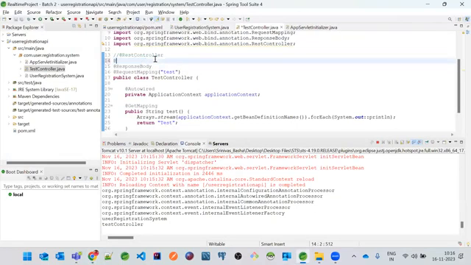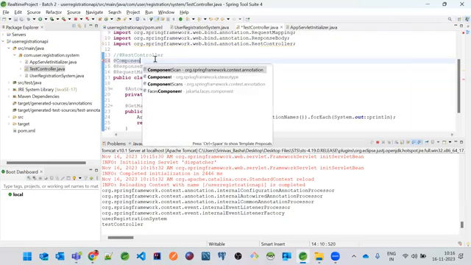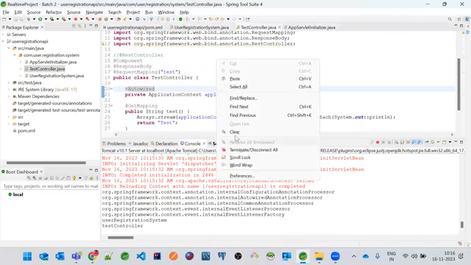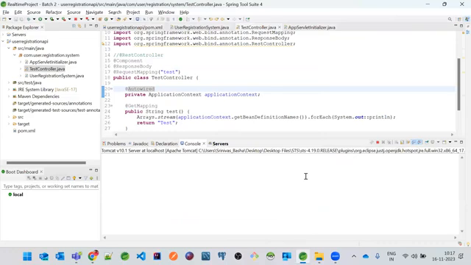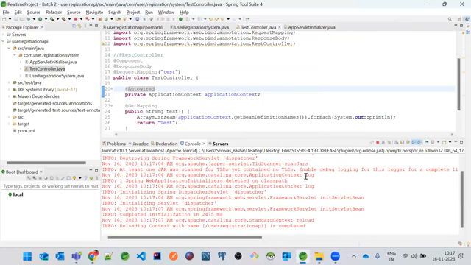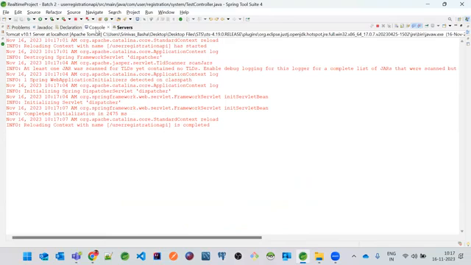Now let's understand, there is an @Component annotation also. Can we use this? Now let's wait for some time and let the server restart again. See how much time it is taking to make a change and restart again. It is almost taking 5 to 10 seconds. More than 10 seconds also, right? It is not started yet. Yeah, it is started now. So if I go and refresh this,